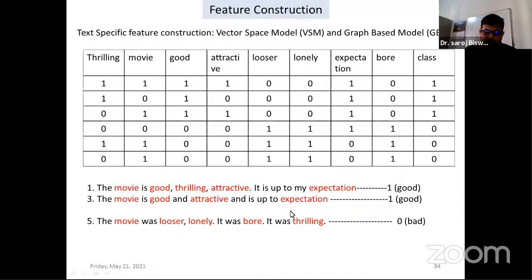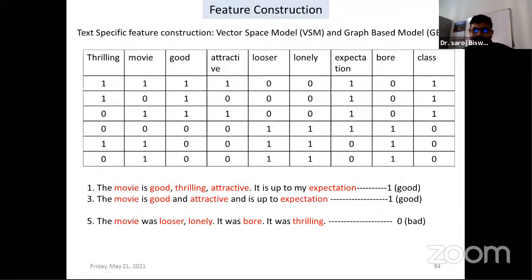Here we have something. Now we can see all the reviews, and from all the reviews we have observed that there are how many different terms? 1, 2, 3, 4, 5, 6, 7, 8 only, right? This is an example. There can be hundreds and thousands of different terms, but here we have taken just 8 different terms. So now we have to construct the feature, and try to understand: